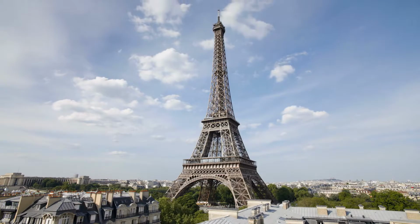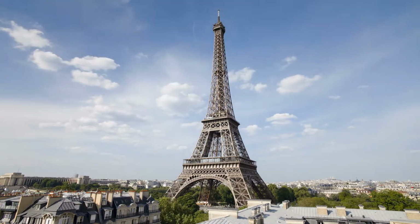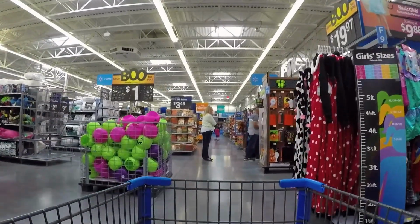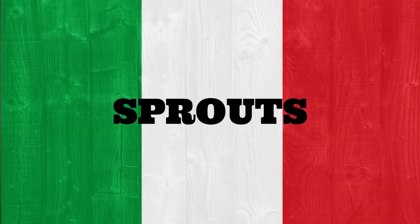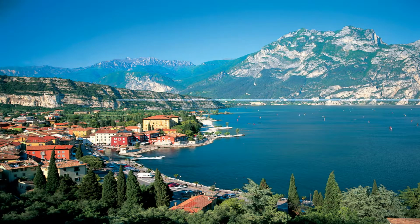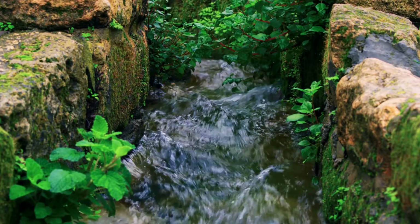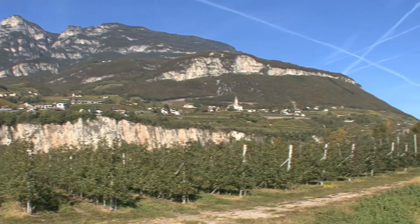I know what you guys are saying, this is not some super fancy European mineral water like the others. Well, back up just a little bit. It is. Sprouts and a lot of other stores like World Market import their mineral water from places like Italy. Now, they don't have any really detailed information online about where they get their mineral water from, but based on the label, it comes from a place called Anna Rimini in Italy, which is some sort of northern Italian underground water source. And it may have been around for about 2,000 years,